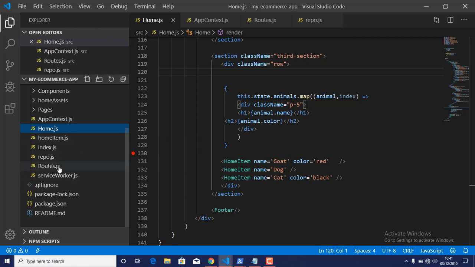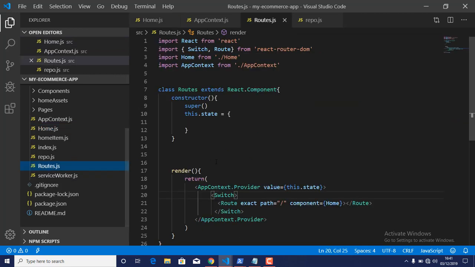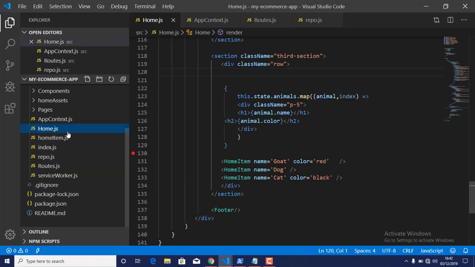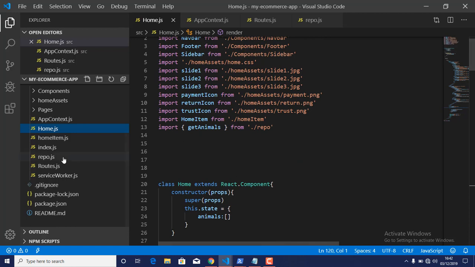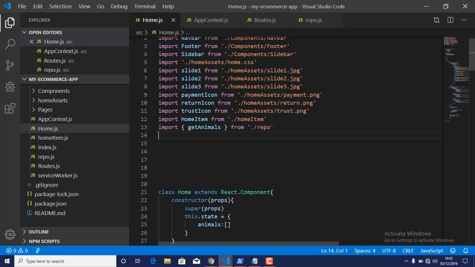So whenever I want to send something from my route to any component, it will be very easy to send that in. Now that I've created AppContext.provider and made my route my provider, I will go over to any component that I want to use as my consumer of whatever I will be sending from my route. The first component that will serve as a consumer is my home.js. So in that home.js, I'm going to import